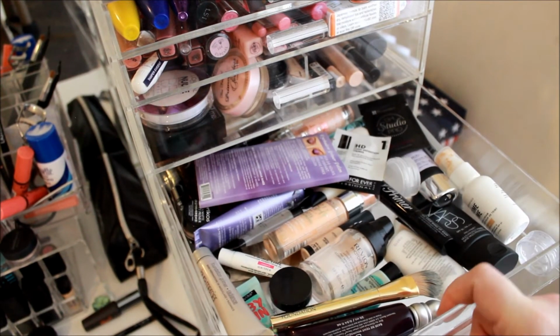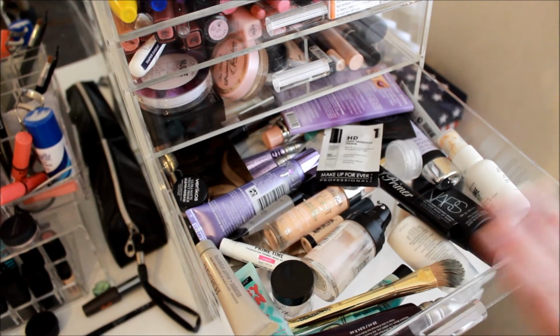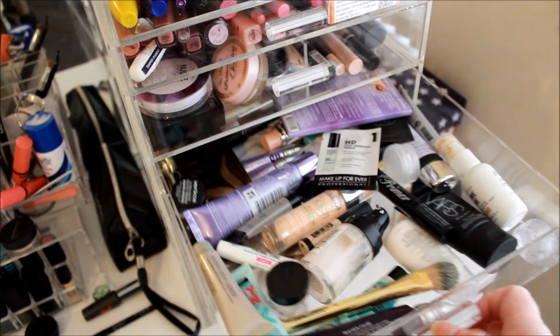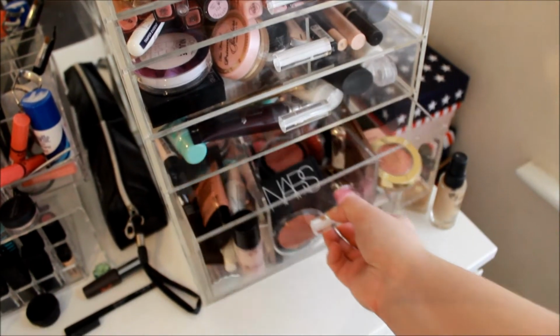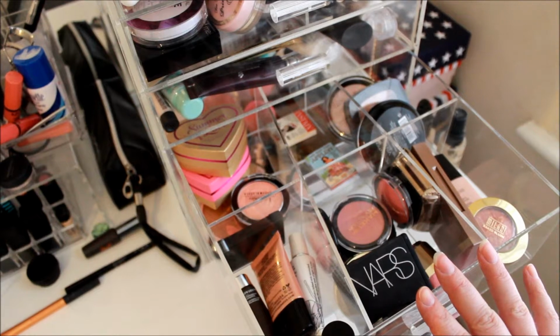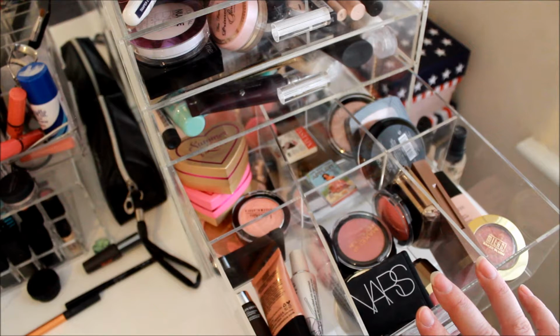I have decluttered a little bit, but the majority are still there because I do love primers. I have got a video on that, so I will link that down below as well. Next, it's supposed to be a face, well not face drawer, more of a cheek kind of drawer, so like